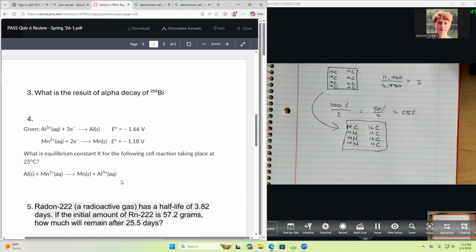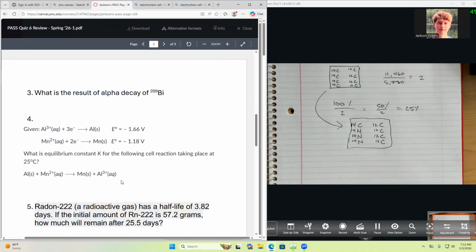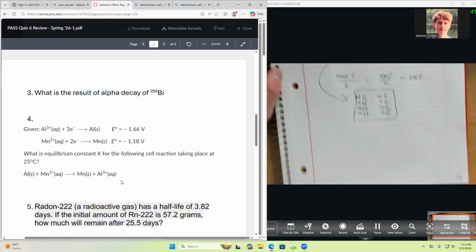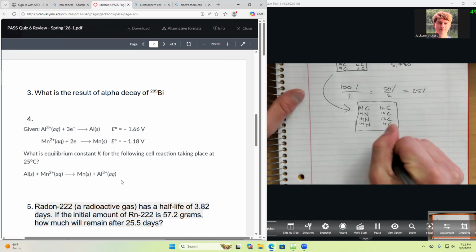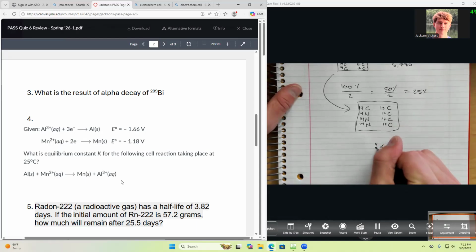Next one. This is a problem you could expect to see tomorrow. Very standard. It's basically asking what happens when this isotope of bismuth goes through alpha decay. So this one does require that you pull out a periodic table. I wish I had one up here, but what is an alpha particle? What element is equivalent to an alpha particle? Helium. Yep. And we know helium, or the alpha particle, has a 4 as its atomic weight and a 2